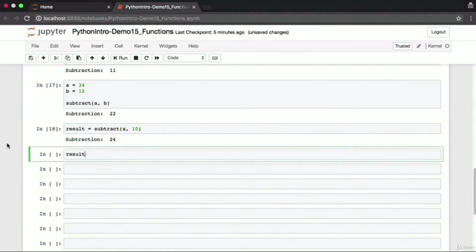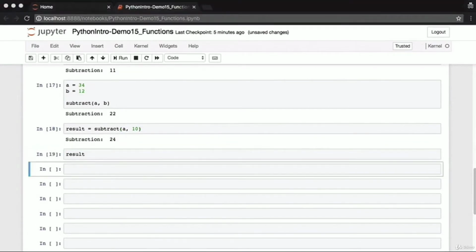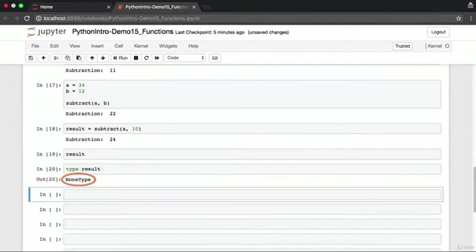Let's examine what's in the result variable. You'll type out result on screen and you'll hit shift enter and you'll find nothing. It's pretty clear the result variable doesn't hold anything. It definitely does not hold the result of the subtraction. If you pass in result to the type function, we'll see what type of variable this is, and it says